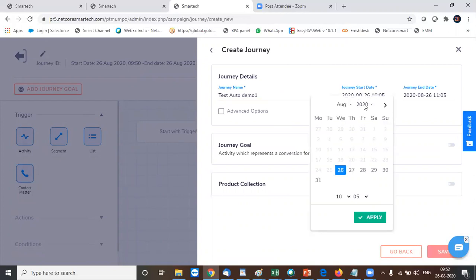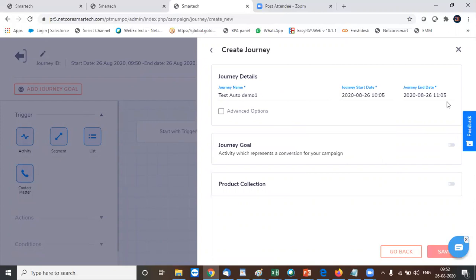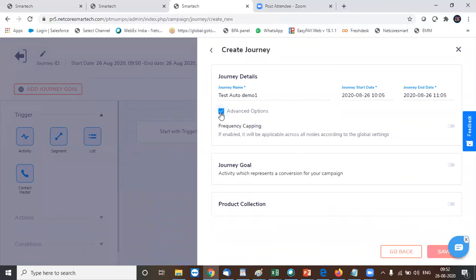So from when to when this would be active, the end date and the start date, both you can give it over here. And whether you want to skip the frequency capping rule for this workflow or not, that's up to your choice. If we have put any frequency capping rule, then if you find this workflow to be kept out of that rule set, you can just tick mark on this option.